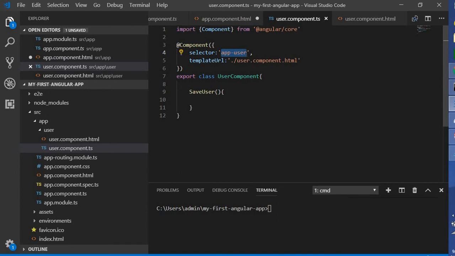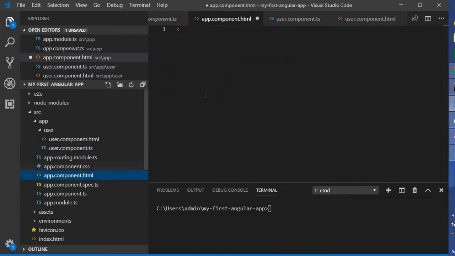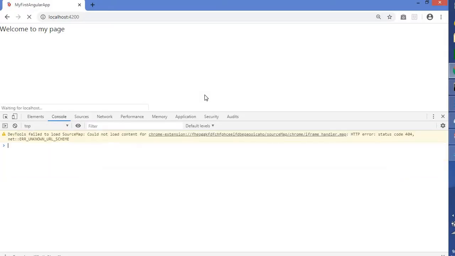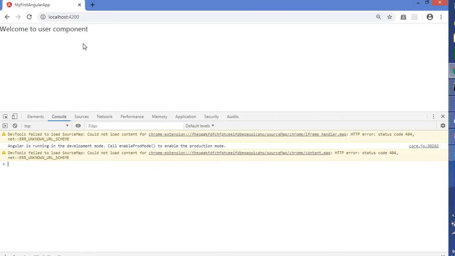Copy this one and come to the app.component.html page and type it. Let's see it here. Now you're able to see the page, right? The user component page is rendering as of now.